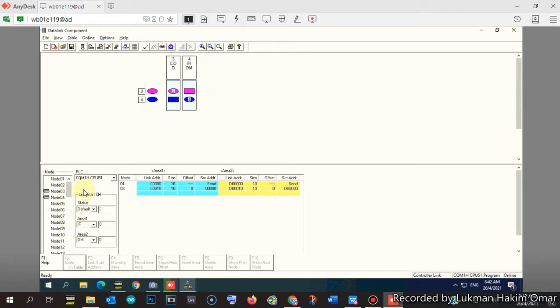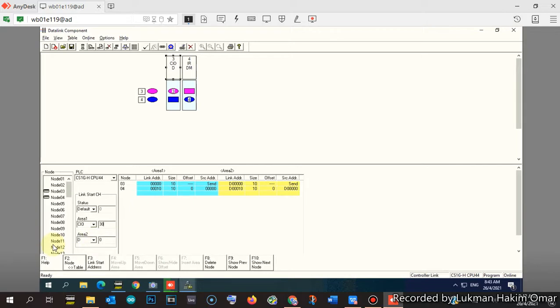To configure the data exchange for node number 3, area number 1 is for the discrete signal, or the discrete address. It actually uses the CIO memory area. In this example we select CIO 30. Area number 2 is for words, for channel exchange.